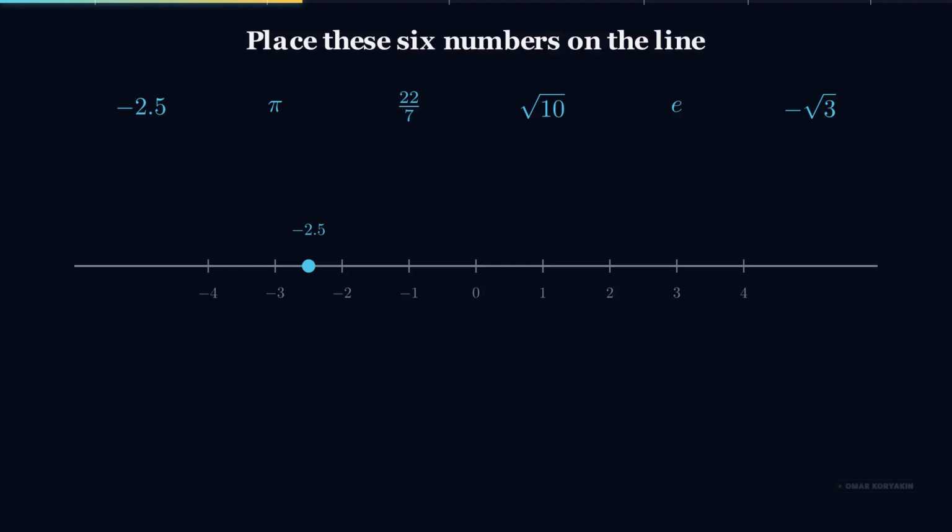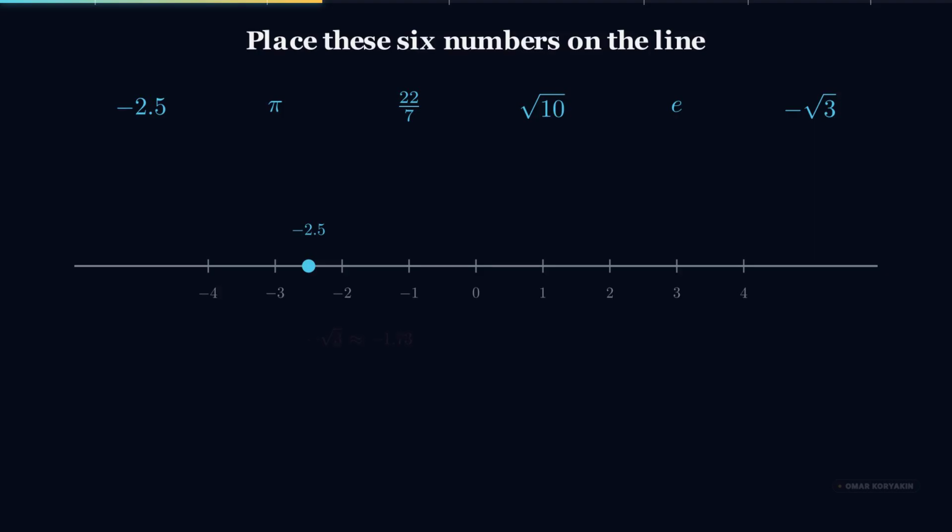Negative 2.5 lands halfway between negative 2 and negative 3. We do not need to do any extra arithmetic for this one, because the decimal already gives us the answer. A blue dot appears halfway between the two ticks for negative 2 and negative 3, with the label negative 2.5